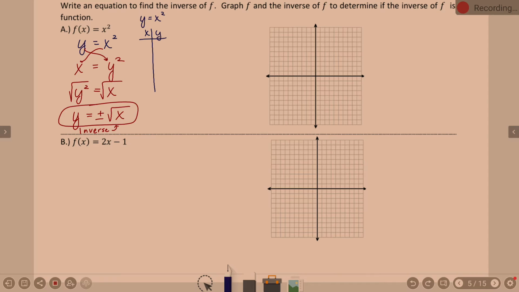Do you remember what x, y values we used at the time? And if we think, and I'm going to put them down here for a moment for a reason. At the time, we just did 0, 1, 2, didn't we? Because if you put in 0, 0 squared is 0. If I put in 1, 1 squared is 1, and 2 squared is 4. And then what did I tell you to do with those values? Take them and